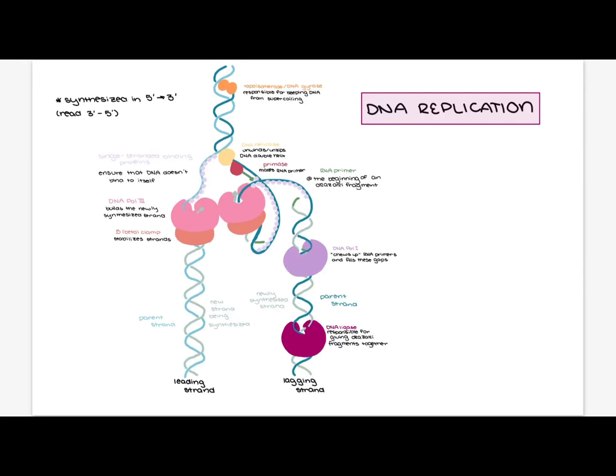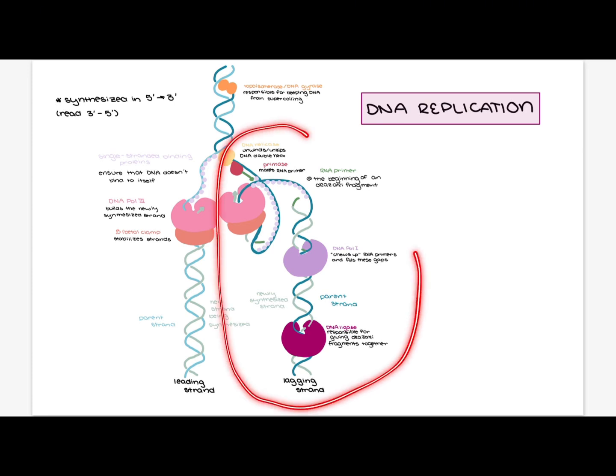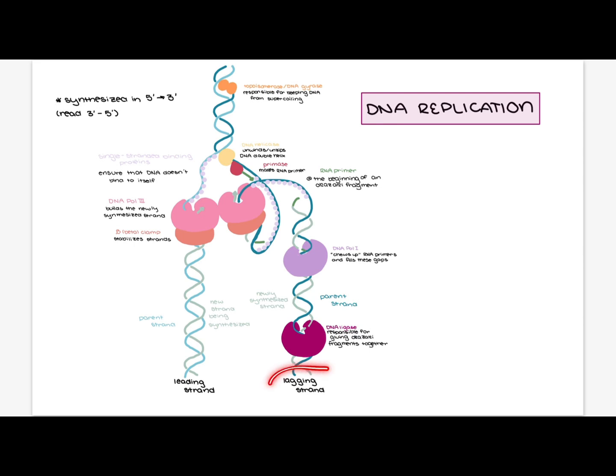Okay, so we're going to be talking about the DNA replication process on this right side of the image, this lagging strand here. This is part 2 of a 2-series video on DNA replication. If you haven't gone over the first video about leading strand synthesis, I would recommend that before we jump into lagging strand synthesis, simply because there's a couple more components here, but some of them use the same components, like DNA pol 3 and beta clamp, as well as, this all kind of starts from the same process up